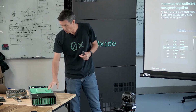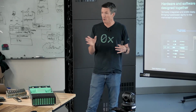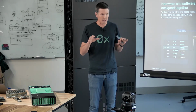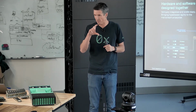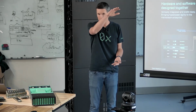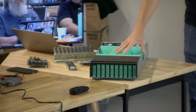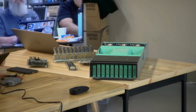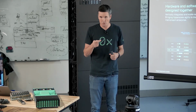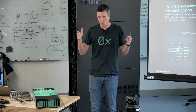So if you look at a rack, we actually have one in the back that we were developing on before we had our own hardware, but in a standard rack in an enterprise data center, 25% of the power of that rack is going to the cooling of those fans, both the fans in the chassis and the fans in the AC power supplies. We've been able to go to a design that takes that down to 1.2%. So a 12x improvement in energy efficiency, not just by the choice of fan, but because we control both hardware